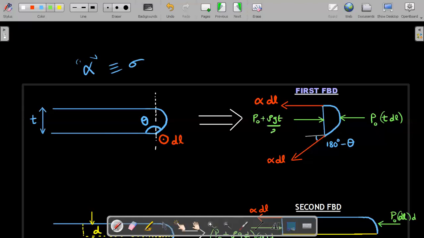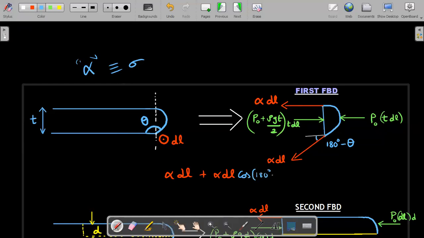You could see in the FBD I'm writing it down, multiplied by that projection area T into DL. Okay, so the sum of all the leftward forces should be in equilibrium with the rightward forces. So for that, the required equation would be, let me write all the leftward forces first. So I'm writing it at the bottom. You could see alpha DL to the left and alpha DL cos of 180 minus theta that I have in that